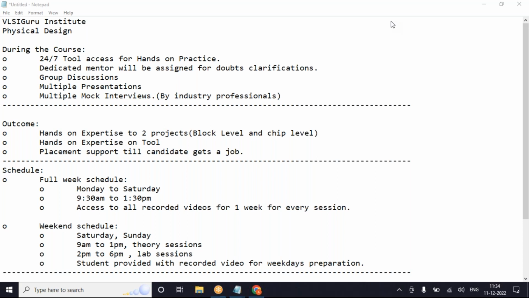Yes. All of you can see my screen. Yes. Okay. So I will just give a brief about how the training will go. Then we will start with the question answers, where whatever queries we have, you can ask, and I will try to provide a solution to it. So basically, this physical design course will be a 6 months course. It will be 2 months of basics and 4 months of main training. In the basics, you will be learning from digital design, that is, we will start from scratch and gate, OR gate. Okay, and then we will move towards the advanced training.